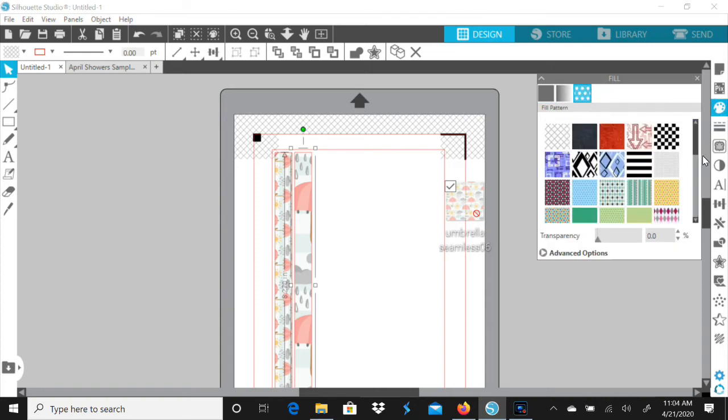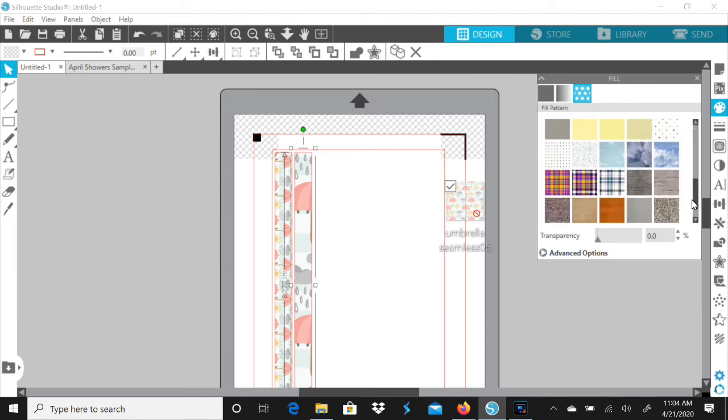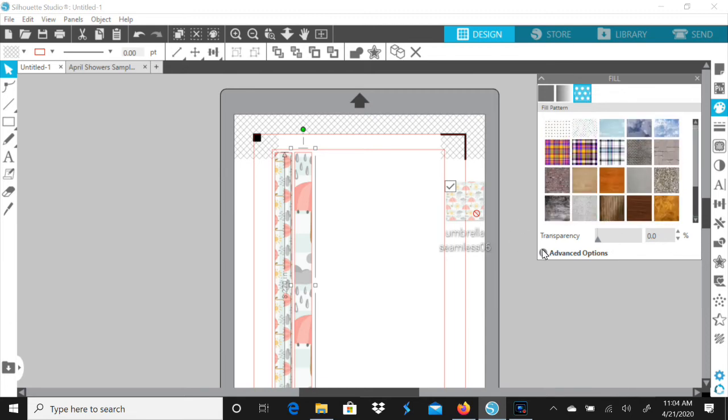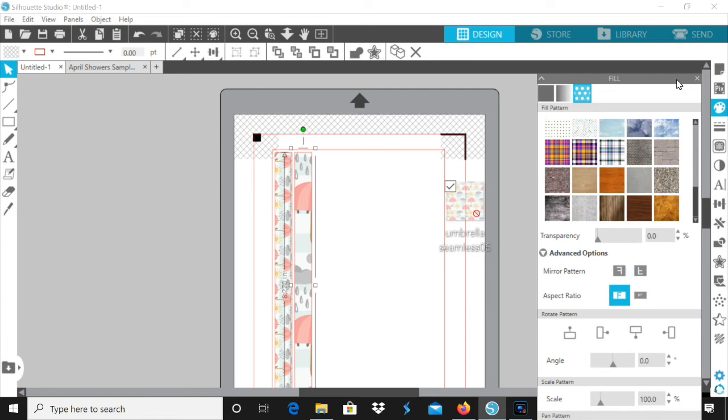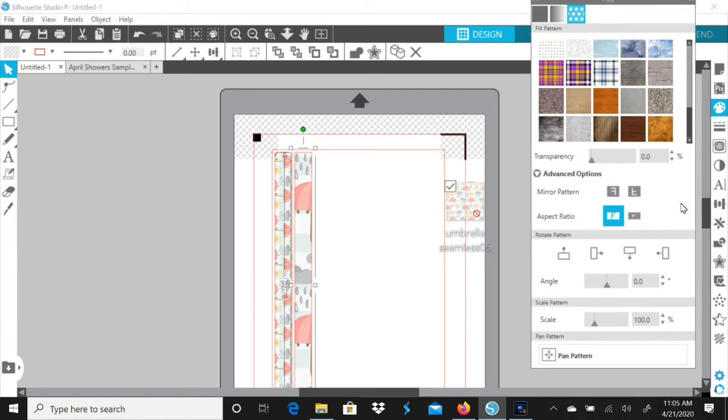And then you're going to click on advanced options. I'm going to pull this up a little bit. Okay, so advanced options. Now, where it says angle, I'm going to tilt it so it says vertical. So now my pattern is vertical instead of horizontal like before. Now it's vertical. And I'm also going to scale this down a little bit so that it matches